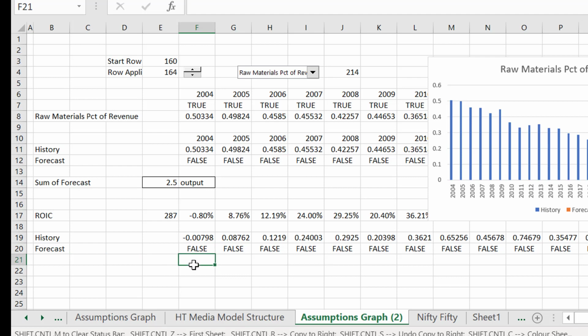I'm going to call this our ROIC history and this ROIC forecast, and we'll put the raw materials as a percentage, and we can put a little double inverted comma here and put history and forecast, and then let's